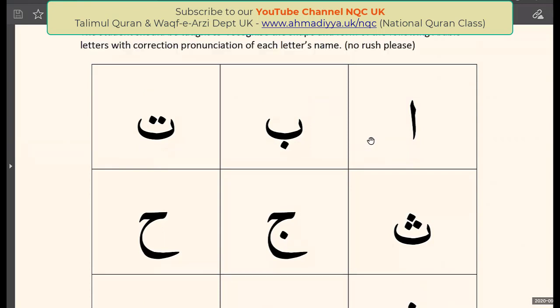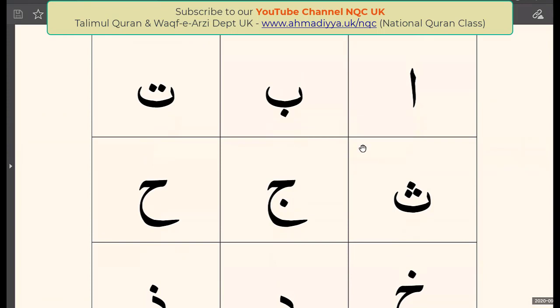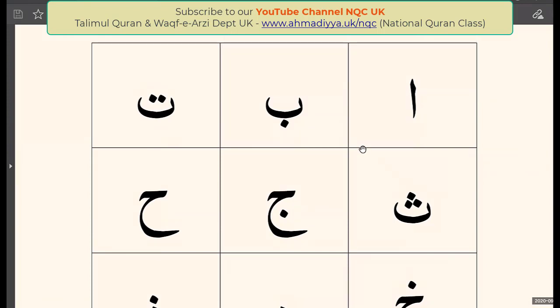And in the last class, we did exercise some alphabets of Arabic. And inshallah, today we are going to make further progress. And first of all,